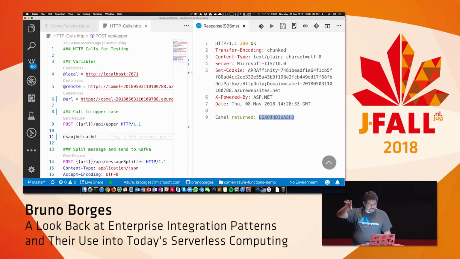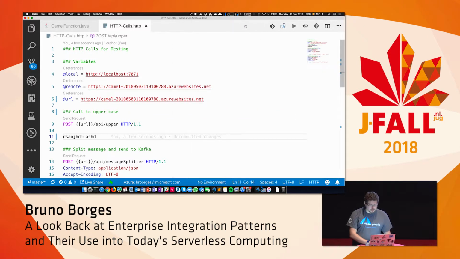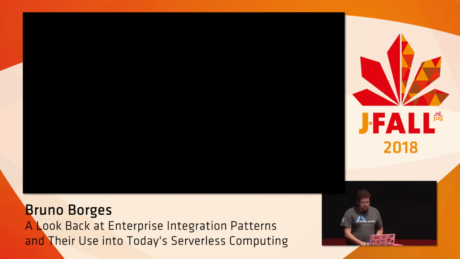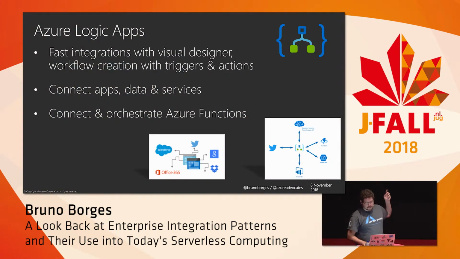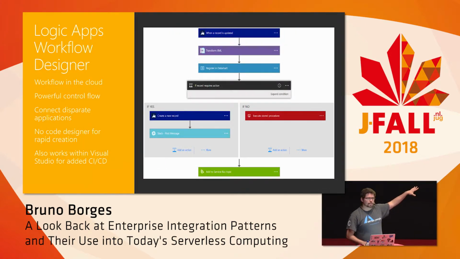But all this is processing through Camel. It's the same code. Okay, so to wrap up, I don't have time, but if you check it out, Logic Apps is like a version of if this then that for enterprise, where you can define a flow of payloads. And the interesting thing is that one of the elements can actually be an Azure function, where you can just change and write the code as you wish. Even JavaScript code that will check the payload and send it somewhere else. It's a pretty interesting tool.